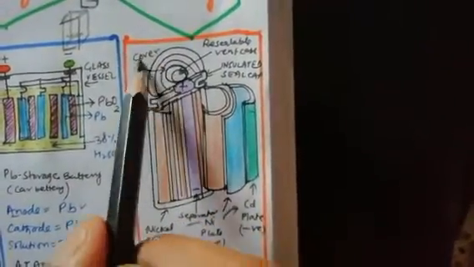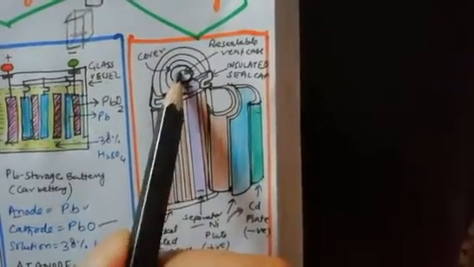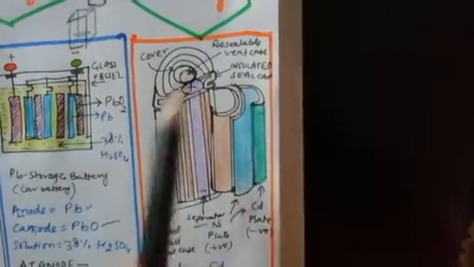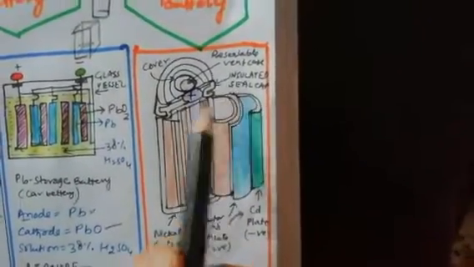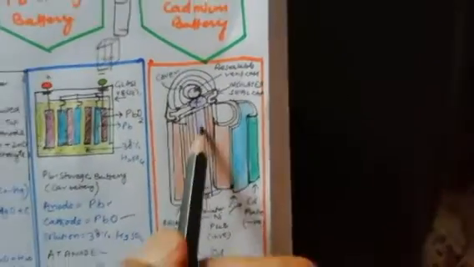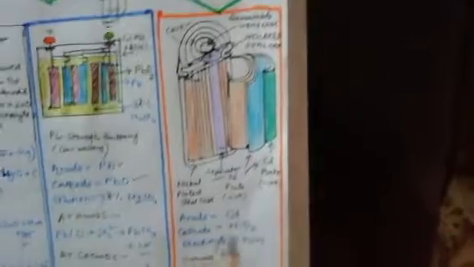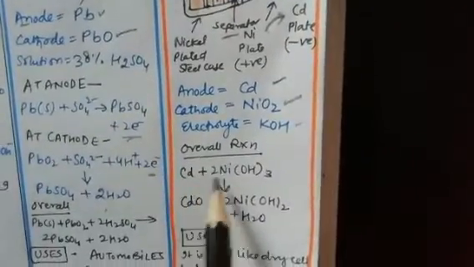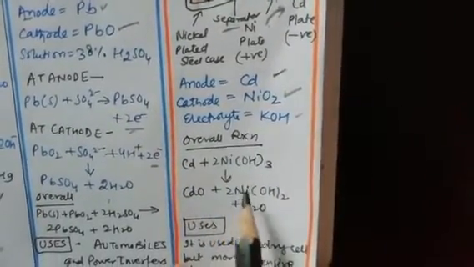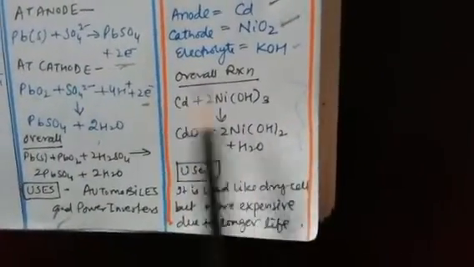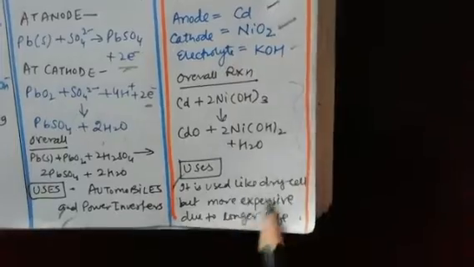On the top, there is a cover, as usual in every cell. A rechargeable vent case is there. With the help of this, the battery is recharged again and again. An insulated seal cap is there, which helps separate the electrolytes from the circuit, okay. So in this, the anode is cadmium, nickel oxide is the cathode, and the electrolyte is KOH. In the overall reaction, cadmium plus nickel hydroxide will react, and cadmium hydroxide and nickel hydroxide will form, and this overall reaction is a rechargeable reaction. It can be reversed also. Uses: it is used like a dry battery.